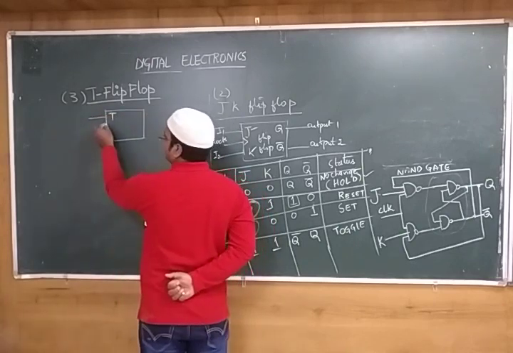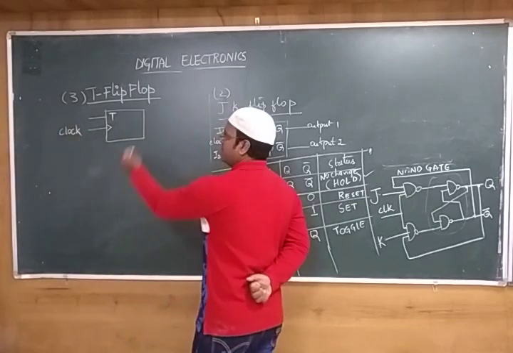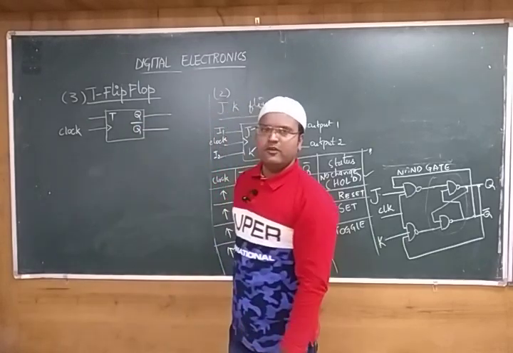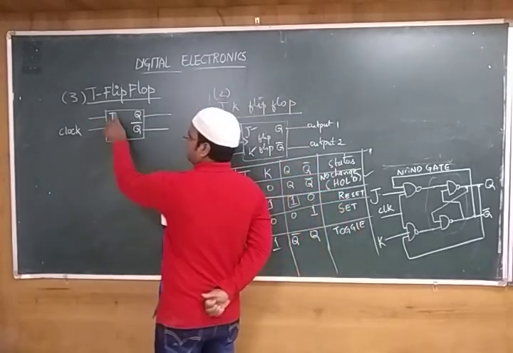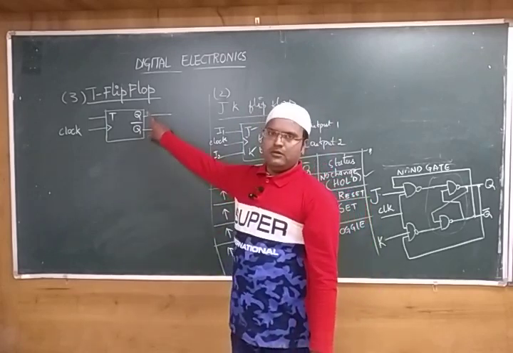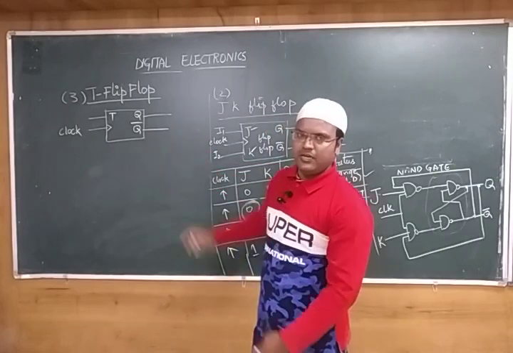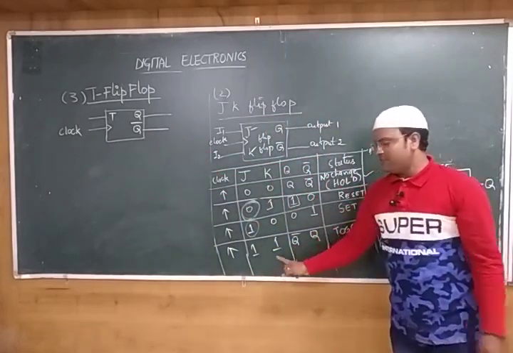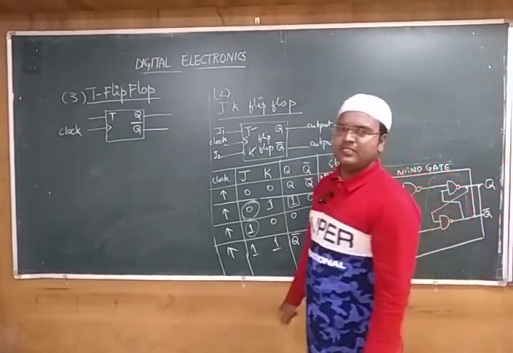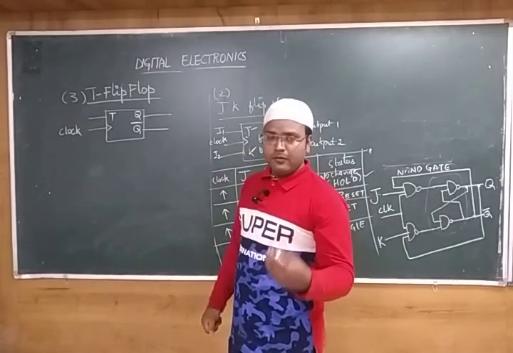For designing a flip-flop, what is essential? Clock pulse must be there. So we are giving one clock pulse. We have an output of Q and the next output is Q bar. So we gave Q and Q bar. Next, after doing this, we have to design its toggle flip-flop. What is a toggle flip-flop? It is going to operate in a toggle condition. Whereas in JK we found, right, when J is equal to K is equal to 1, this is called toggle state. Likewise, a specific flip-flop has been designed so that whatever the conditions we have for toggle, it can operate on them.